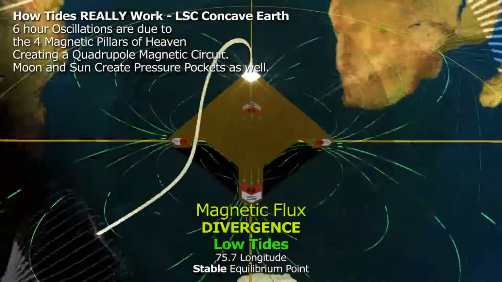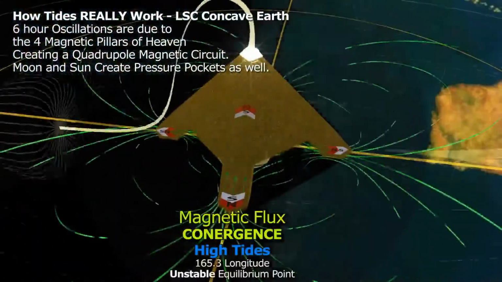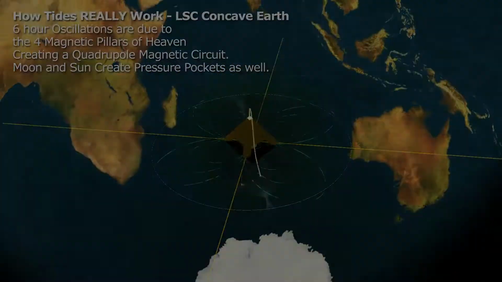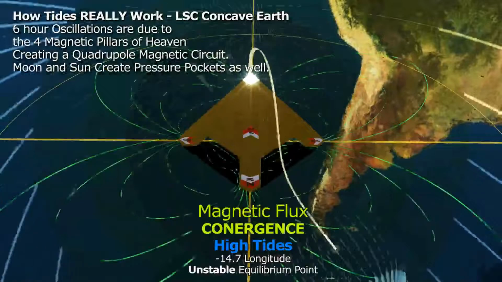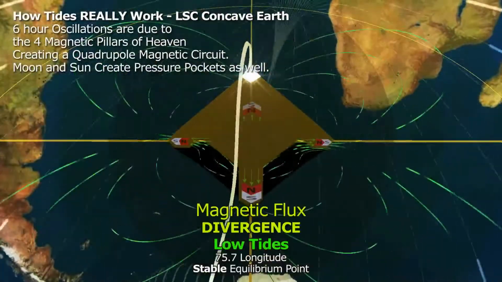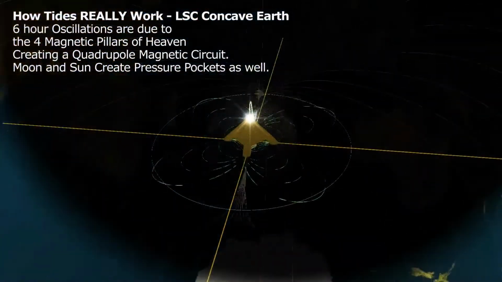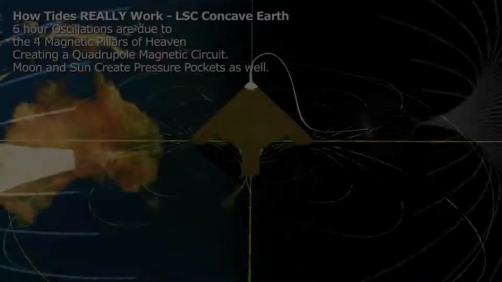The magnetic divergence, when they're diverting away like that, it's actually pushing, so it's going to create a low tide area. And yeah, the Earth has specific zones that have lower or higher tides based upon their location,